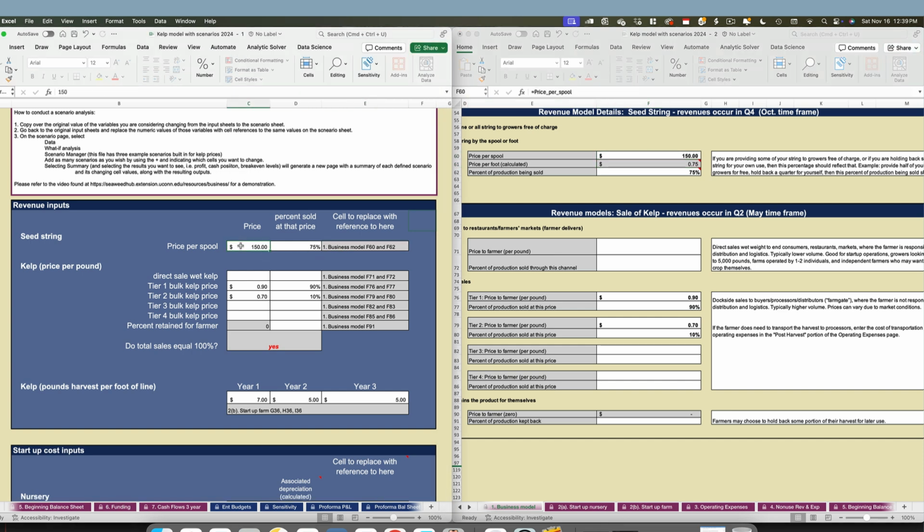And if I change this value here, the price per spool on the scenario page, to 175, right, that 175 shows up over here, flows through the entire model, and changes the profit and other important outputs